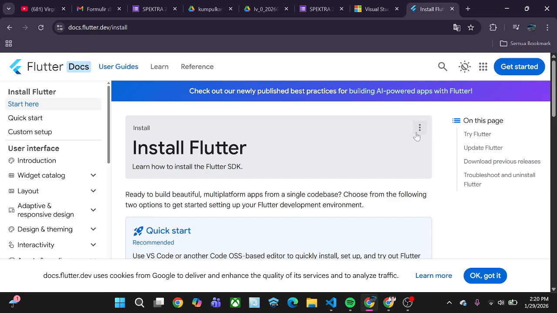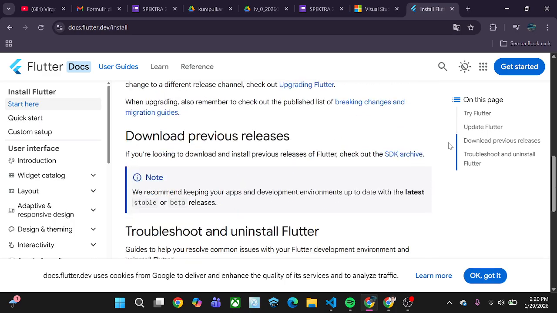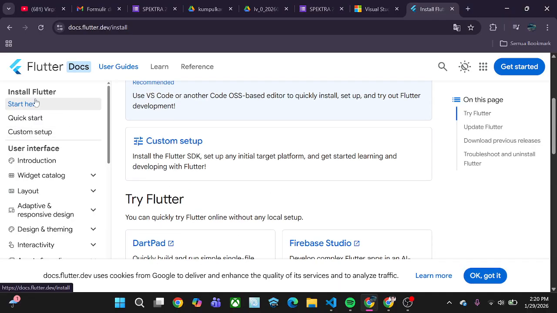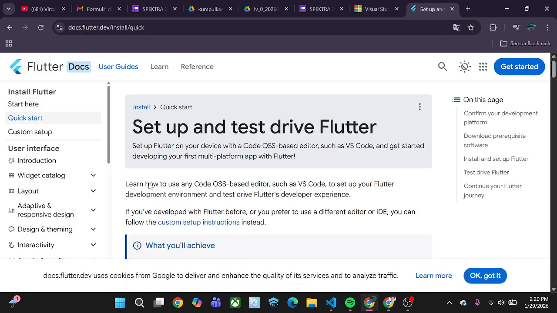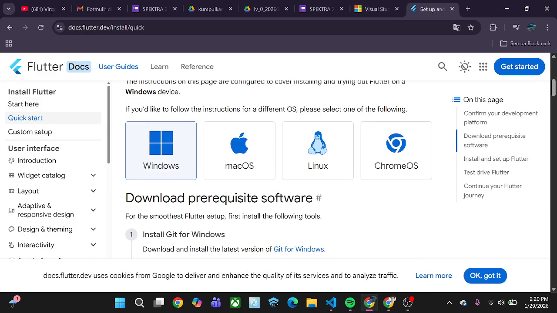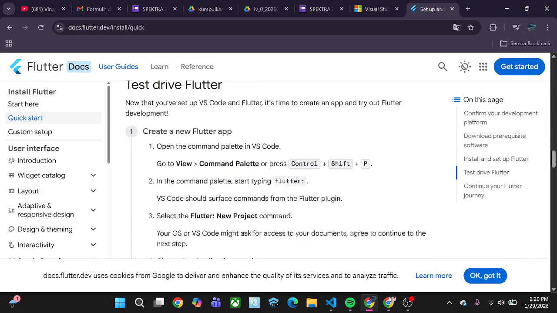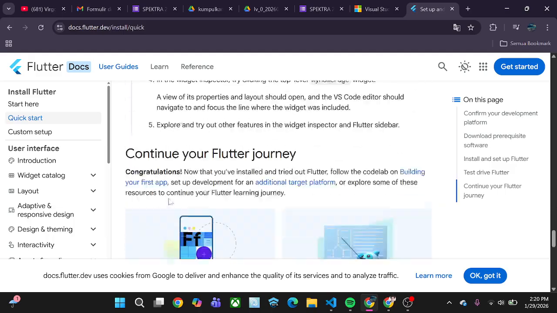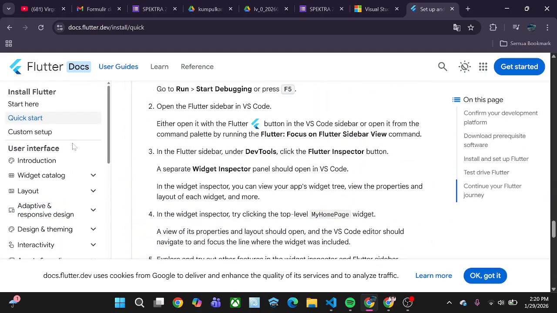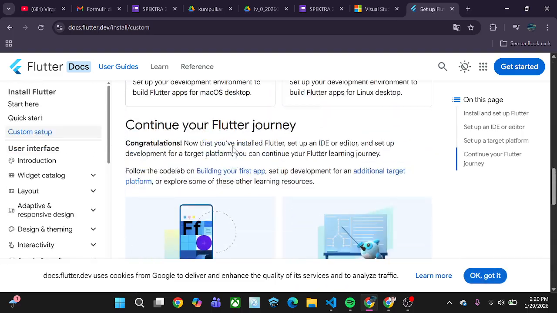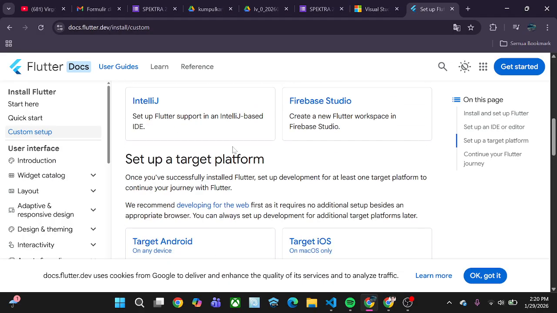You can search for a version and then click the version.